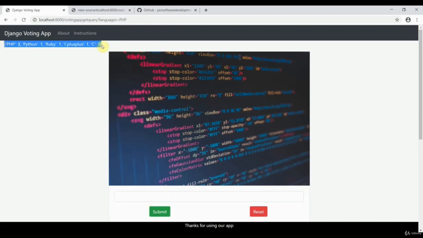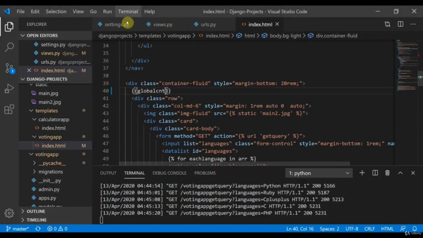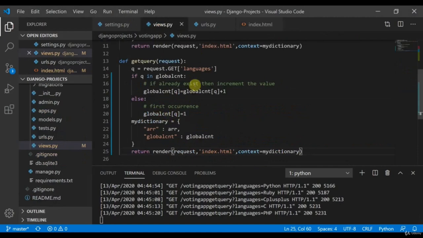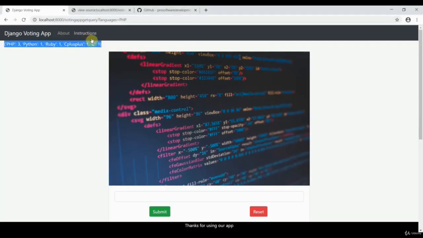Okay, so I'll quickly give an overview of this. For the first occurrence, we initialize with 1, then we increment the value. This works perfectly fine, but we are noticing that we are only printing the raw dictionary here. Next time we would try to add a progress bar with the table. I'll give you a very good question on this, but till now, we're going to put a progress bar in the next video.